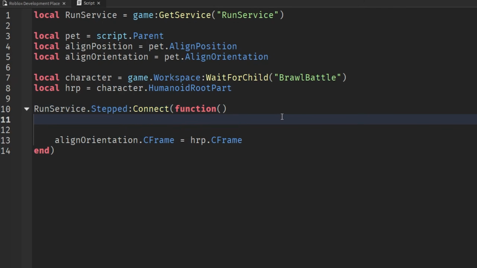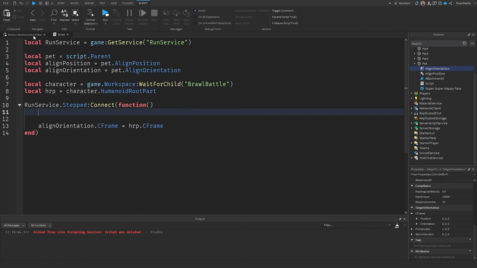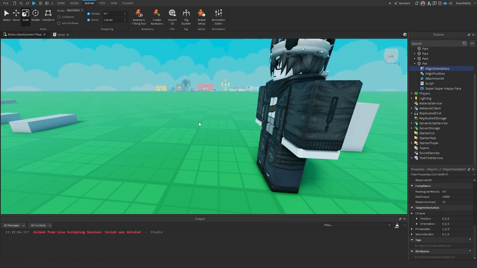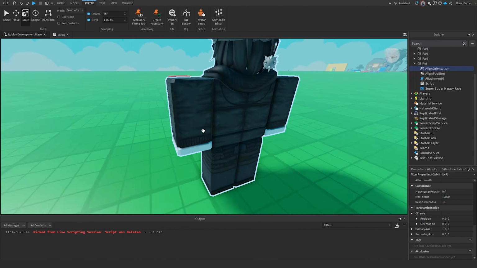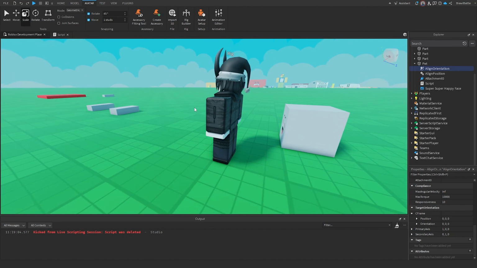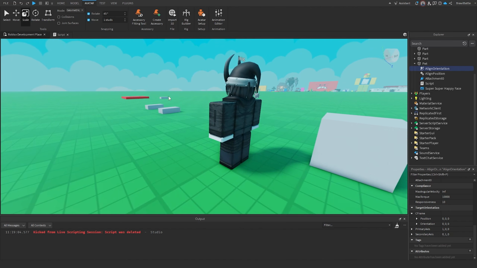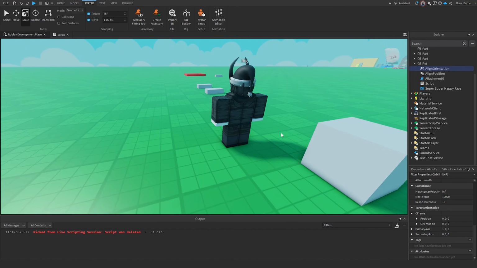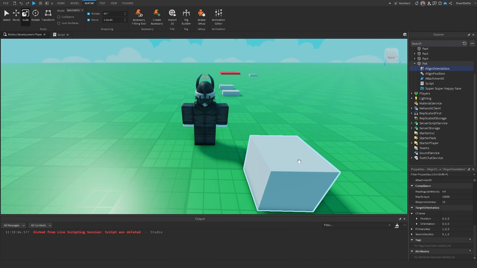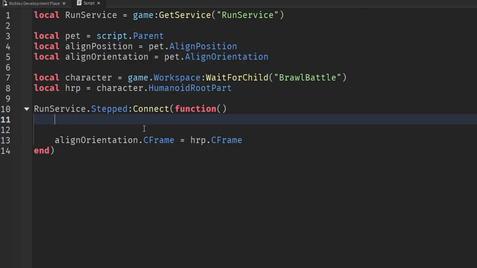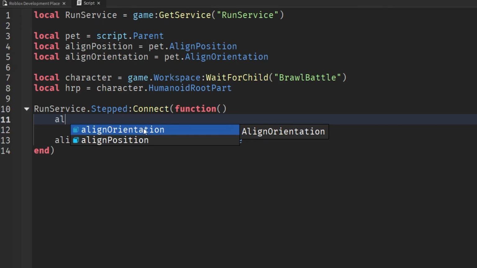Now for the position, this one's going to be a little more tricky because essentially what we want to do is match the humanoid root part's position, plus consider the humanoid root part's look vector, which is in this direction. And we want to multiply that by a scalar so that we take its look vector and set it backwards like this, plus a right vector as well with a scalar so that it moves in this direction as well. It might make sense to you once we start scripting this, but essentially what we're going to do here is we're going to say